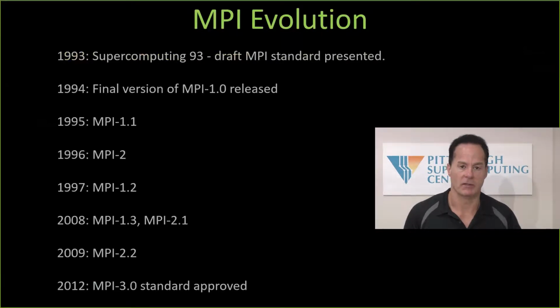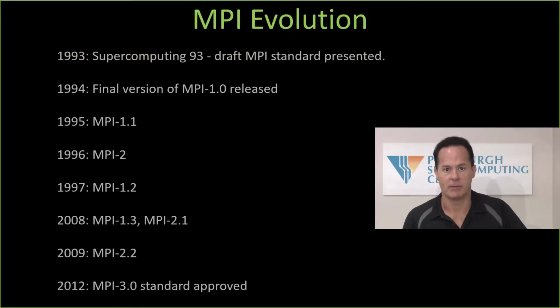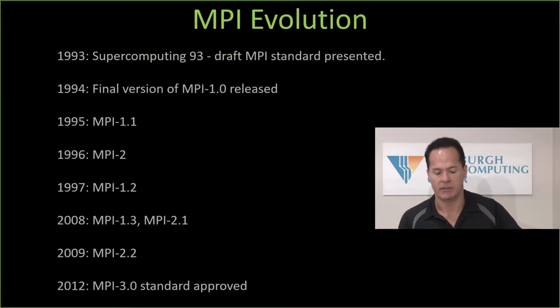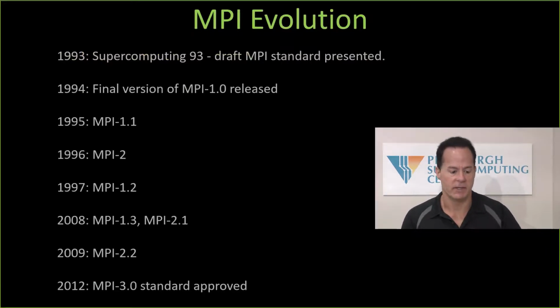It was more mature than you might think of at the time, and consequently it was rapidly adopted and widely used, and became pretty much the standard for doing message passing type of scalable computing in the 90s. And already by 96, they had recognized that there was an opportunity to add some more functionality into it. And so MPI-2 added in a few of the areas we'll look at here, in particular MPI-IO, a way of doing